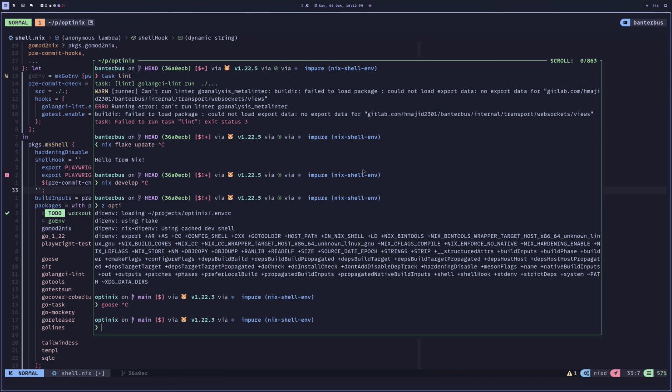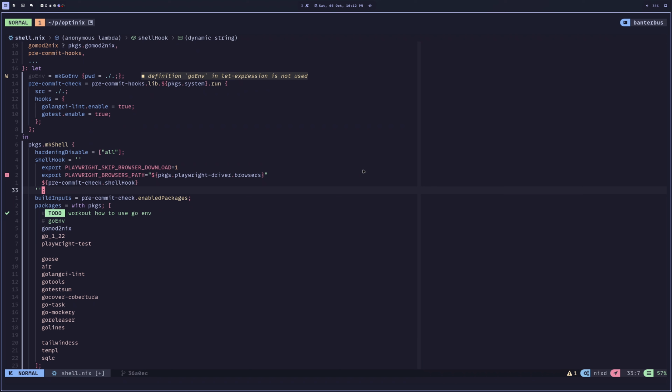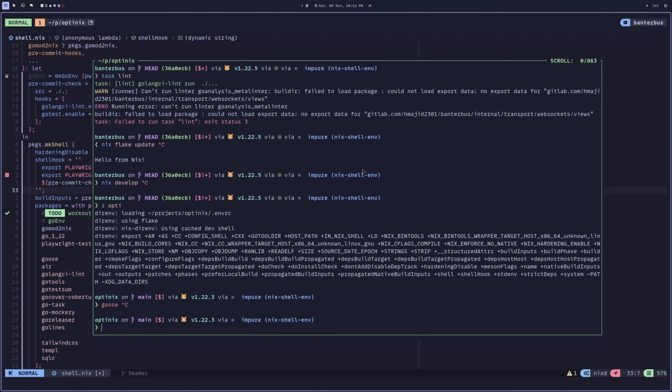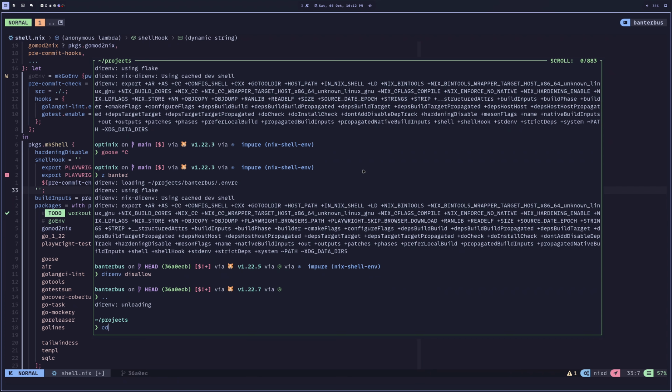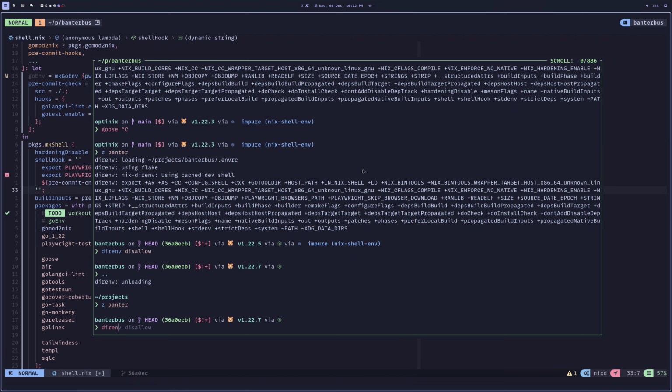They're ephemeral and reproducible, so each developer, mind you, I'm the only developer working on both of these, but in theory any developer can come and pick this up and have almost a one command setup. At the moment, when you clone it, I think if I do direnv disallow, it will show you what it looks like, when you first clone it and you go into it,